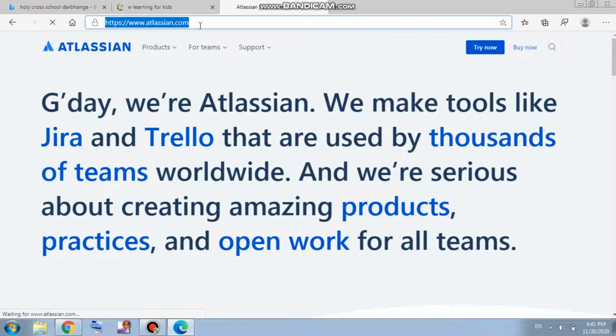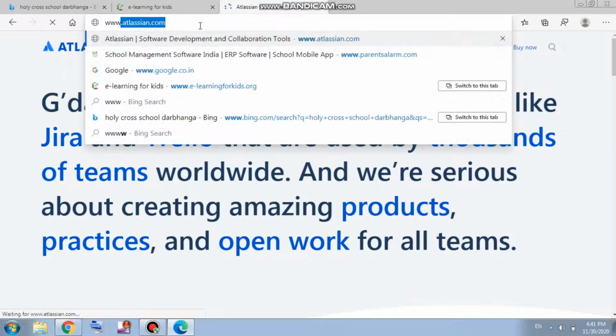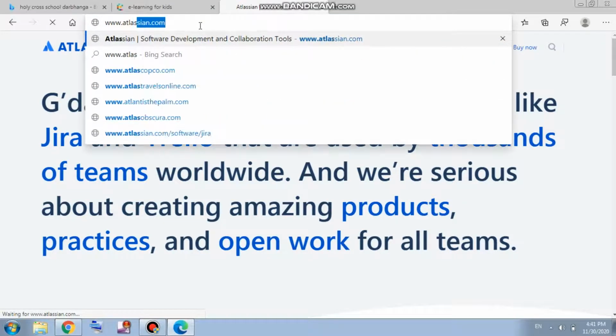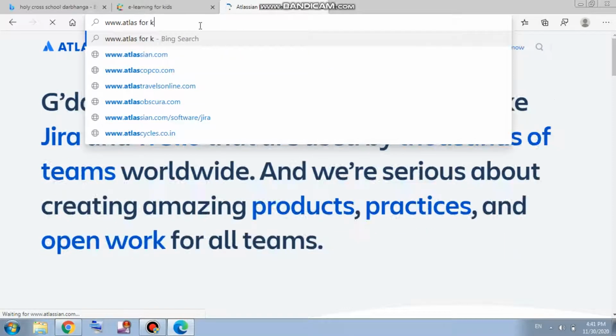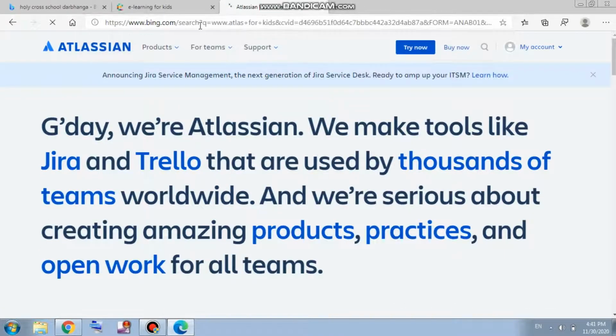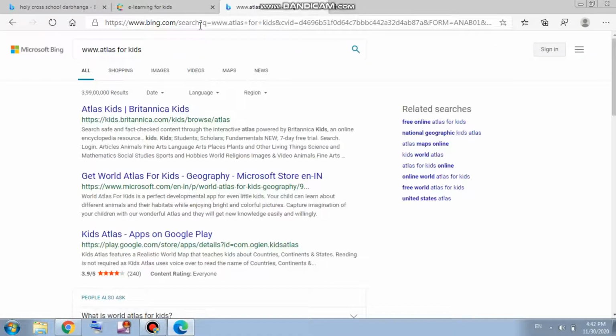We will be opening the Atlas for kids, and we will be opening a few pages where atlases are available, which we use in our SST, or you use it like that. So that page is open in front of us. See, that is Atlas for kids.